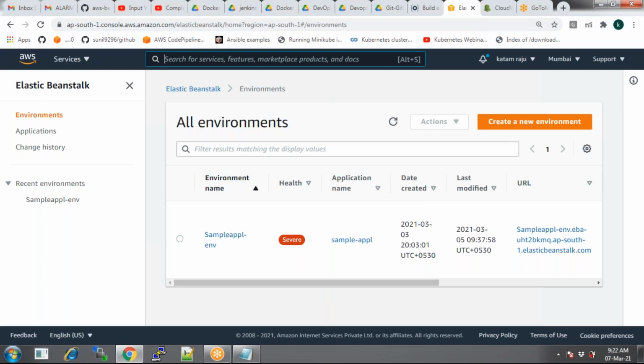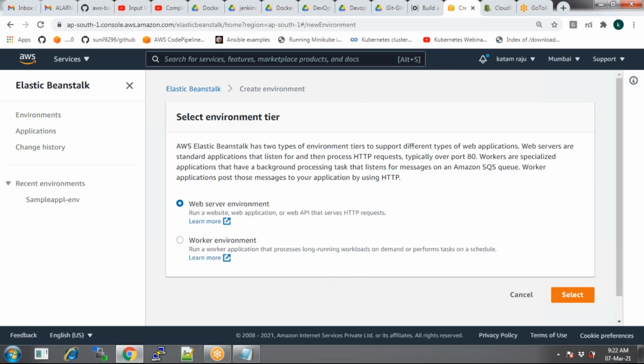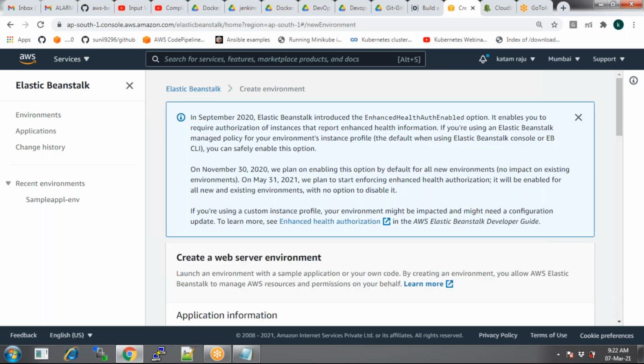So what is Beanstalk? Beanstalk is called platform as a service. So what is that platform as a service? Now, simply, I create some environments under Beanstalk, and you see that. Go with some web server environment. Just select it first, I'll explain the purpose of it.